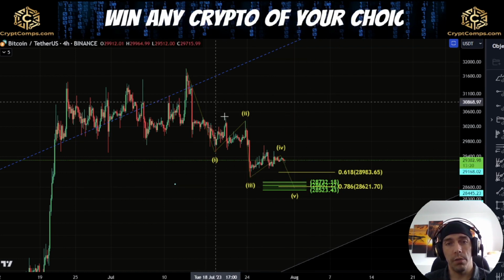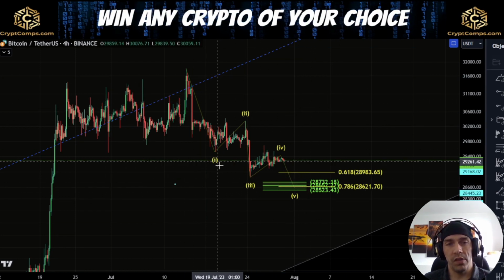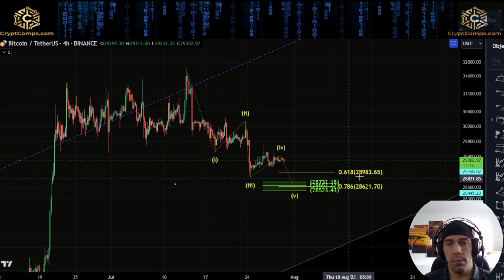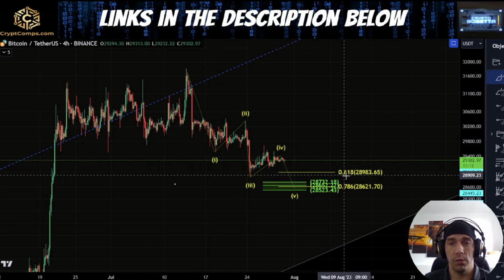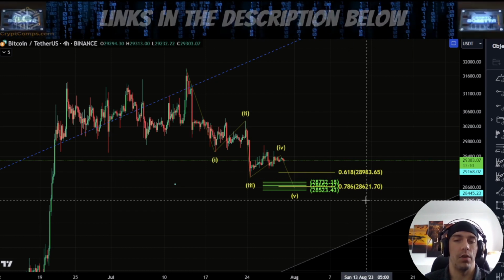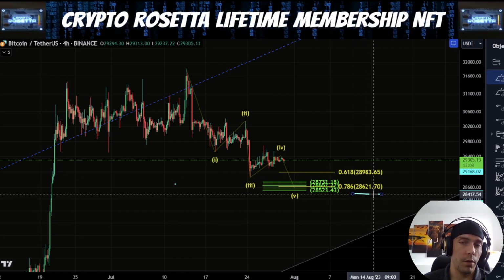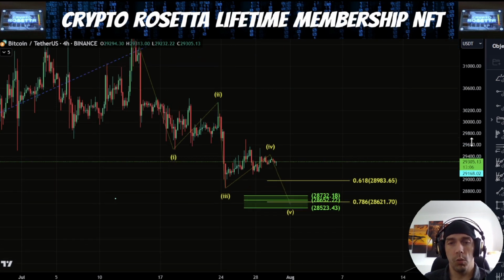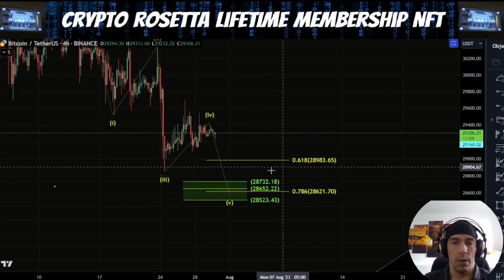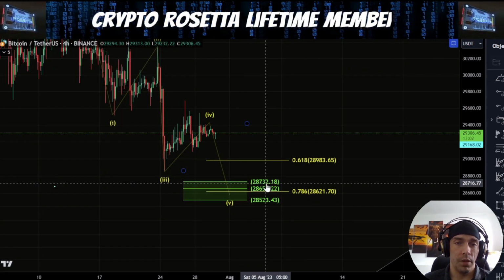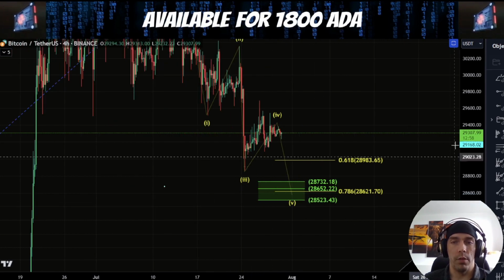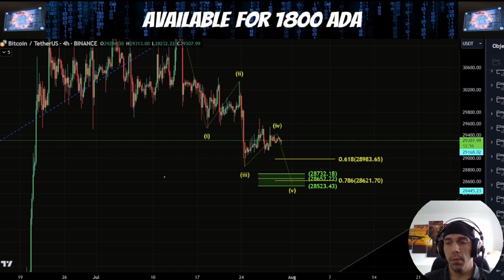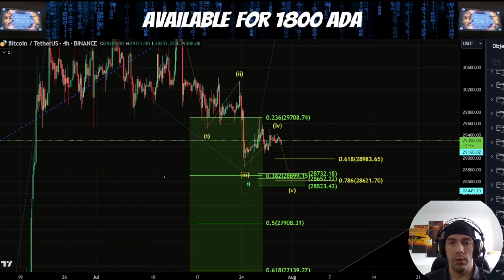Common target area for a wave 5, if we have an extension within this wave 1, would be between this zone here of this 0.618 and this 0.786, which would be here at this 28,983 to this 28,621. This would also bring us into our typical 5th wave target box, which would be here at this 28,732 to this 28,523 level. So this would be quite interesting, because this could actually look to complete this move and would actually